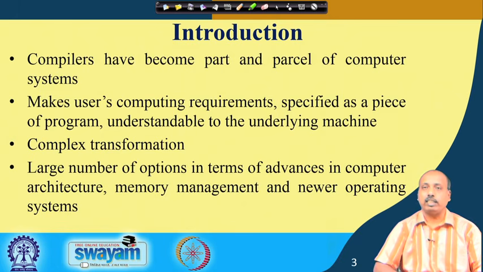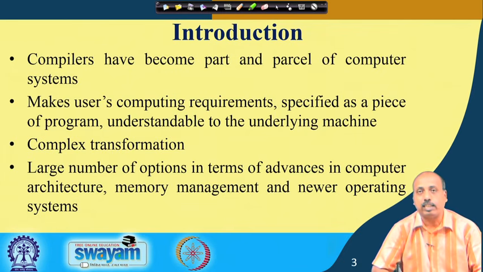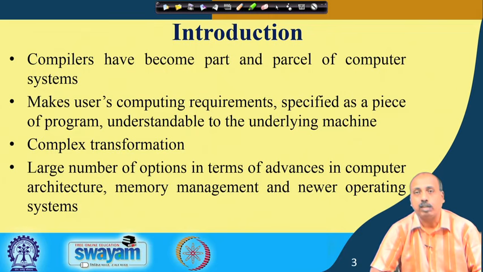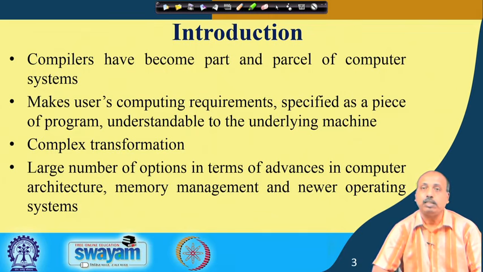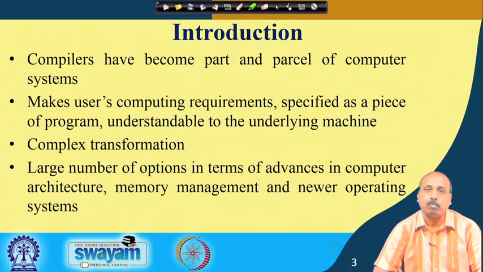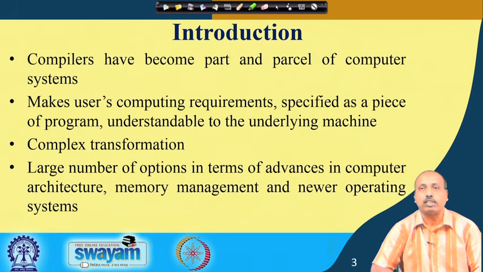So, it is the compiler designer's job to catch both of these types of errors, syntactic error and semantic error. When the user has specified his requirement, in the requirement itself we need to analyze whether the requirement has been specified properly syntactically and the meaning of the program is also clear. When everything is all right, then only the compiler will do a translation. So, it will translate the program from the high level language to the machine level language, and that includes complex transformations. In this course we will see how those transformations take place.